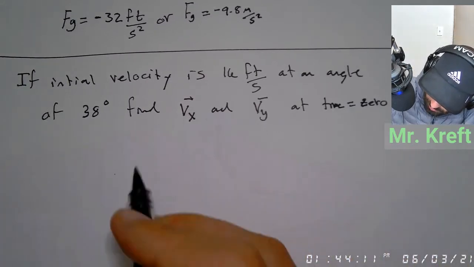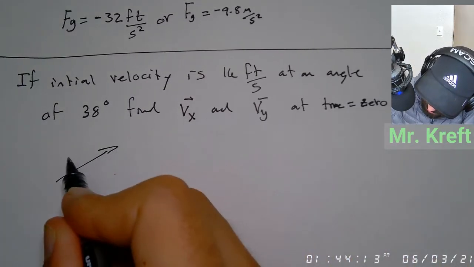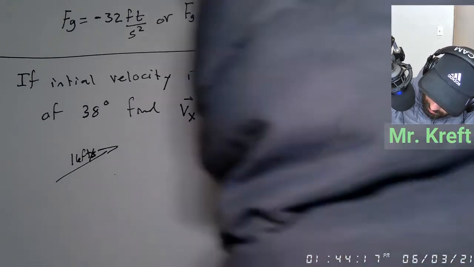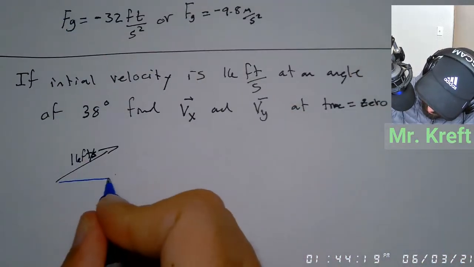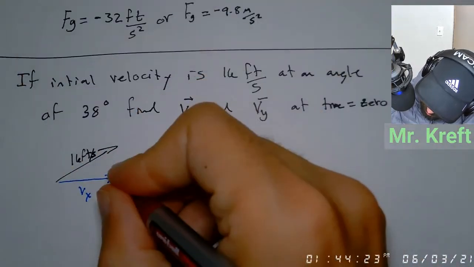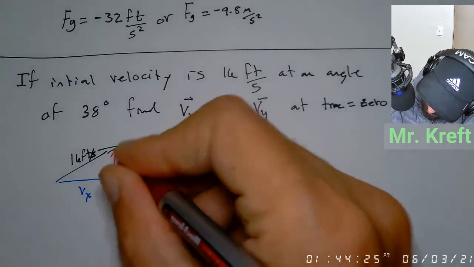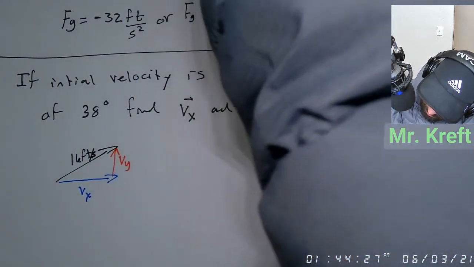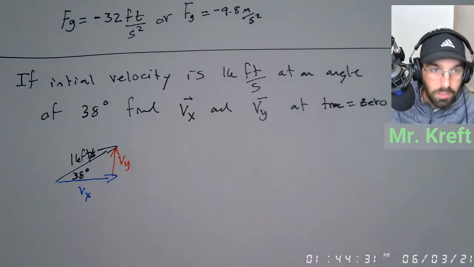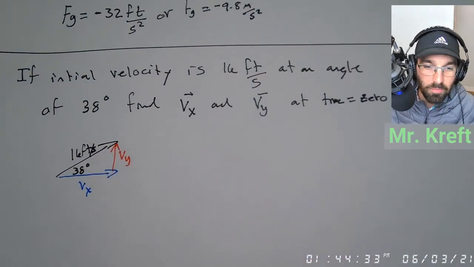Okay. So what this means, right, is our initial velocity is 16 feet per second, and we want to find Vx, and we want to find Vy, and our angle is 38 degrees, right? So this is trig. So,